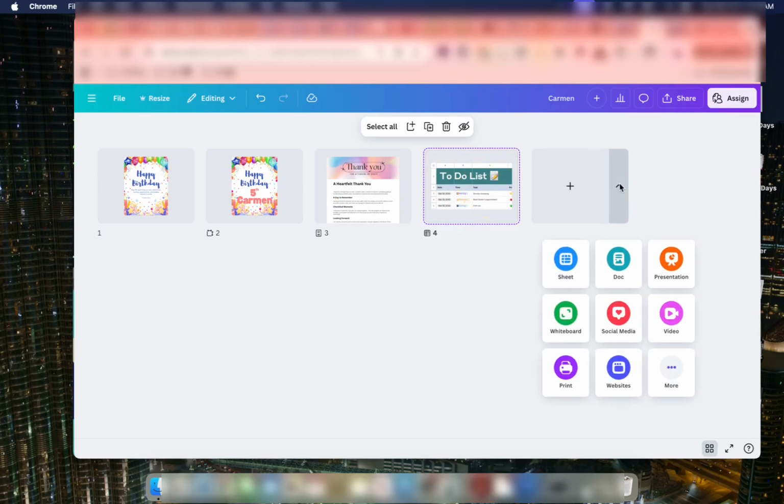for the birthday party. And here are the other options that you have when you have what's called a multi-design project. You can add a video, your social media post, you can create a whiteboard, and you can add a presentation. So this is how you can have a multi-design in Canva so you don't have to switch between files. Everything is